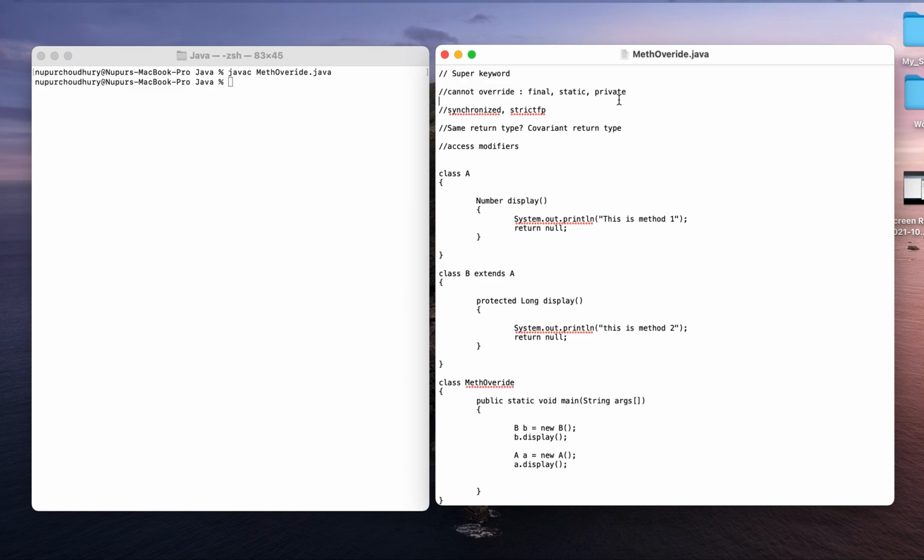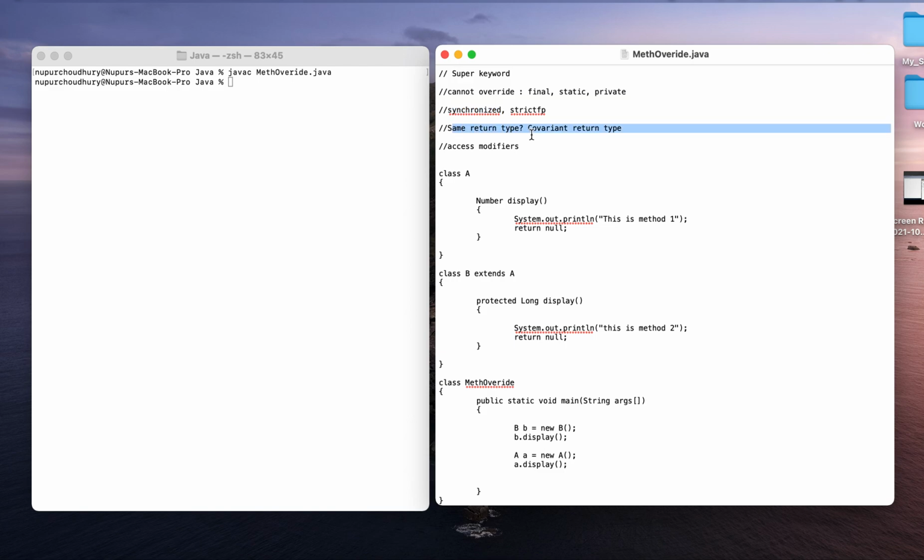The use of synchronized and strictfp keywords: if we are using synchronized, which is a non-access modifier keyword, wherever we place it, whether in the overriding method or in the overridden method, it will not make any difference, and overriding is possible.